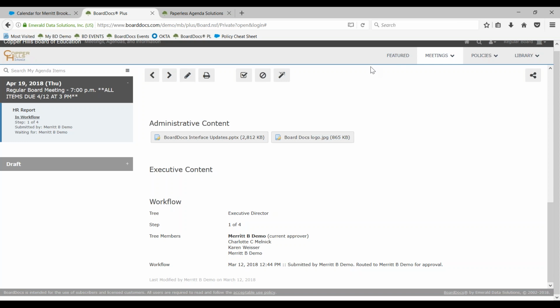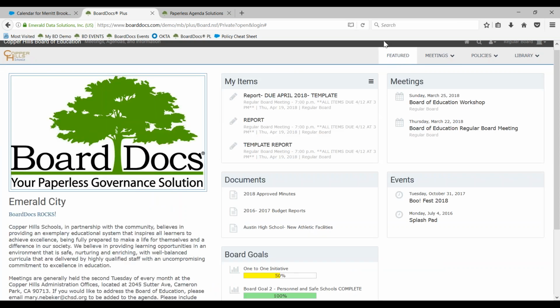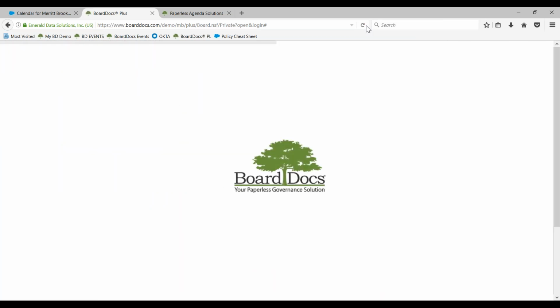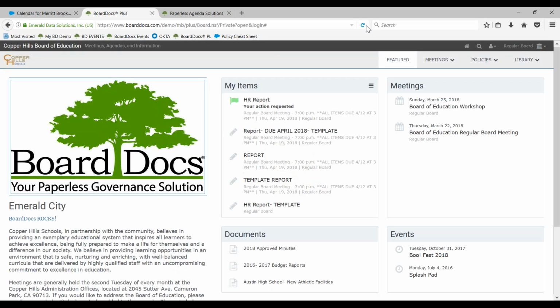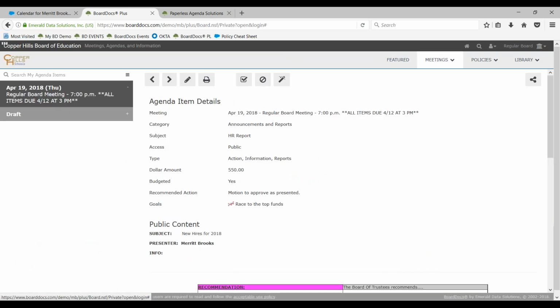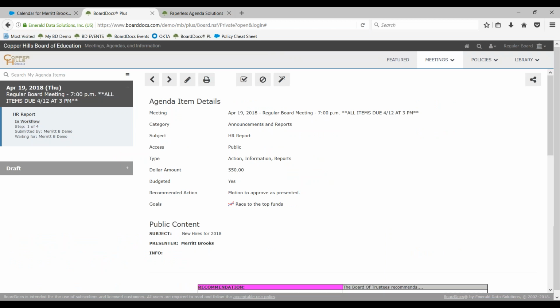Now I'm going to come back out to my featured tab because I want to show you here as well. As that item, I submitted it over to myself because I wanted you to see that now on my dashboard, as soon as I log into BoardDocs, I can see, hey, your action is required here. If I were to click on that item right there, it will take me right over to the item that's waiting on my approval. And I, of course, can review this item here, and I would have my checkbox here